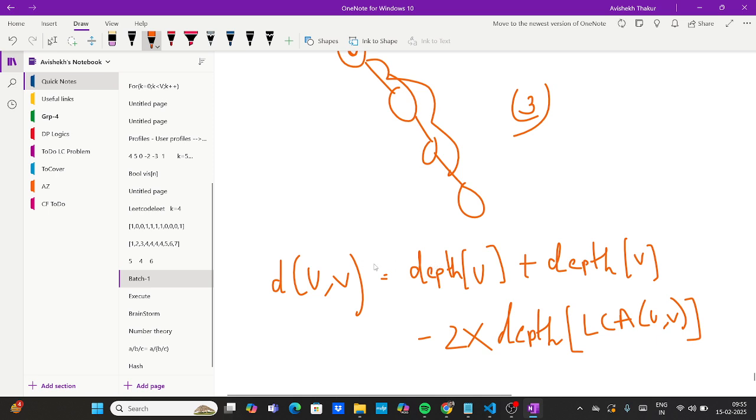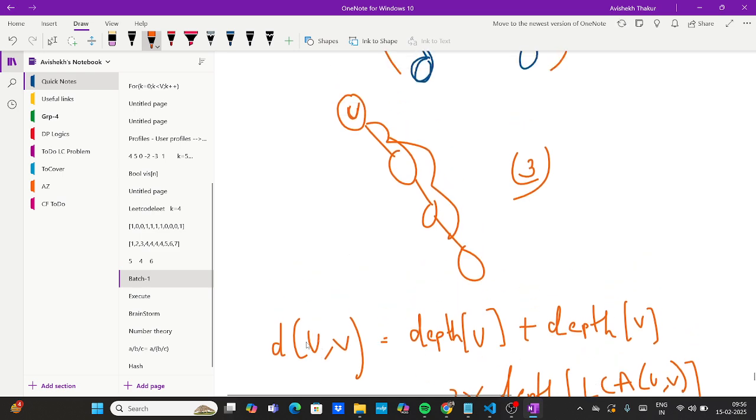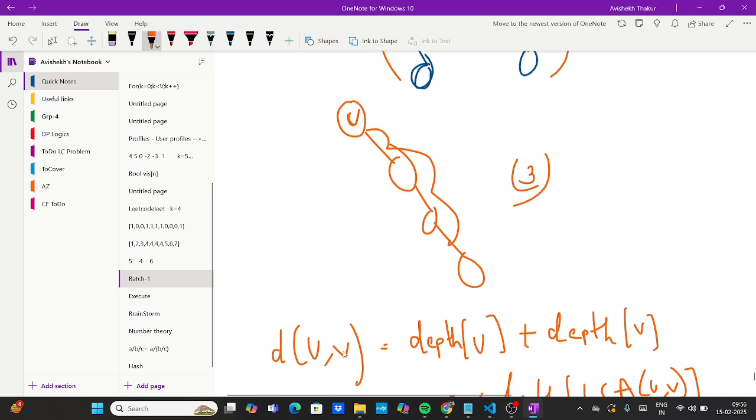Some random terms are obviously present, so probably we can understand. And this LCA calculation, I will be taking in binary lifting itself. I'm not going to take it today, because today's focus will be on some LeetCode problems and some techniques on trees. So what I am saying is the distance from any two nodes,